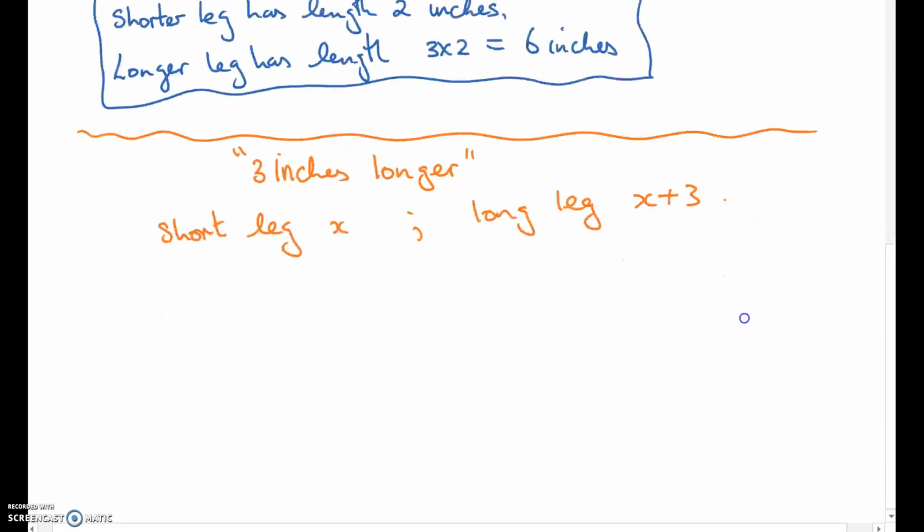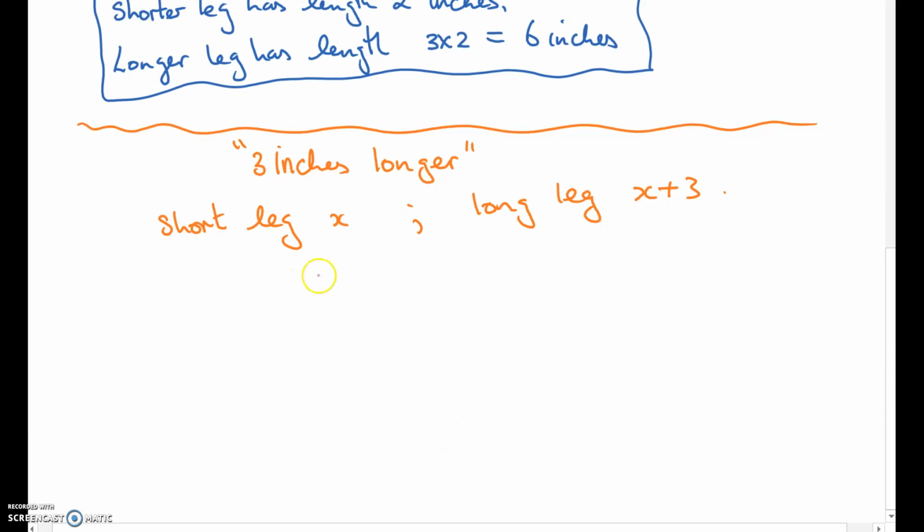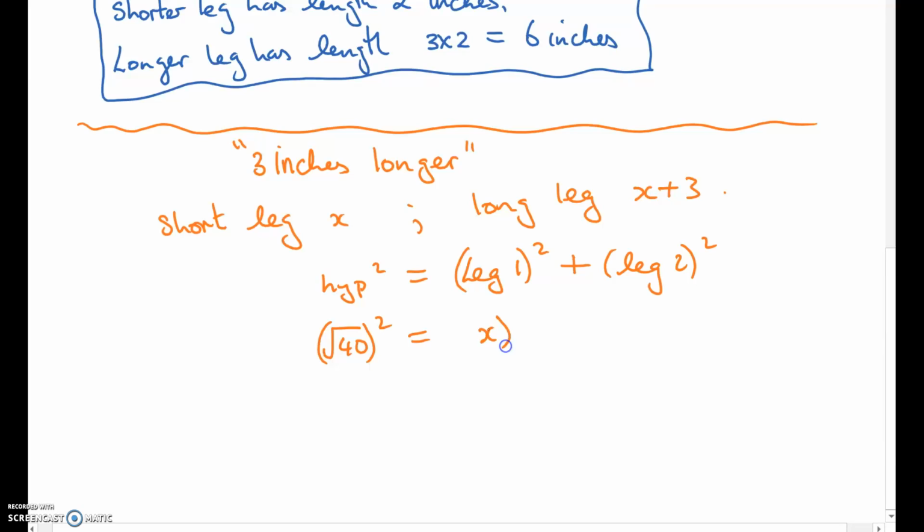Then, putting that into Pythagoras' theorem, the hypotenuse squared is equal to leg 1 squared plus leg 2 squared. So that would have been the square root of 40 squared is equal to x squared plus x plus 3